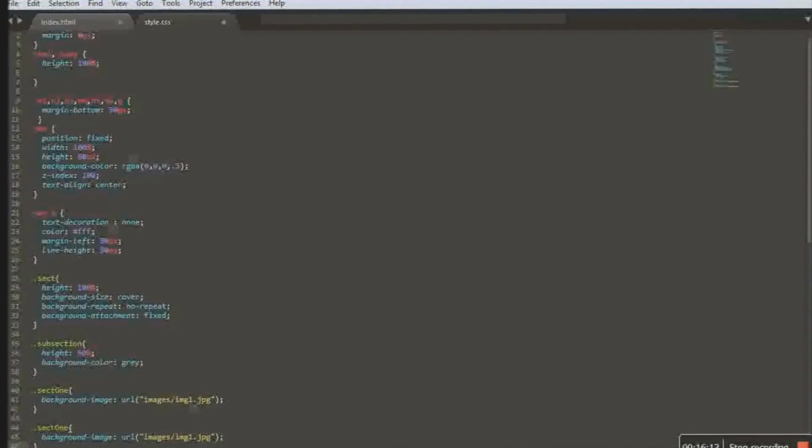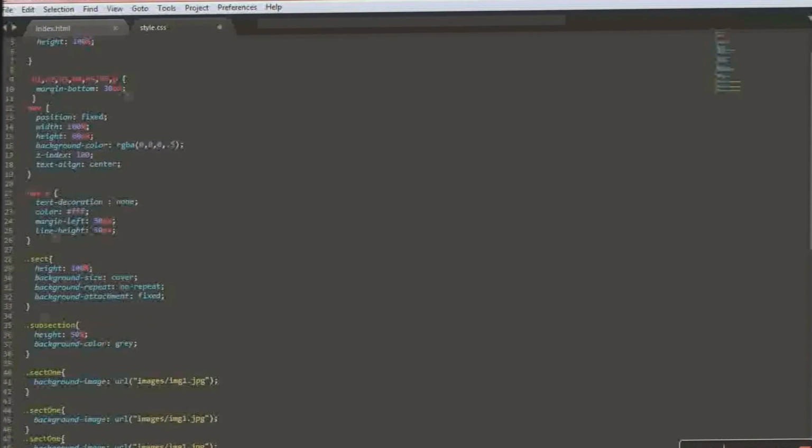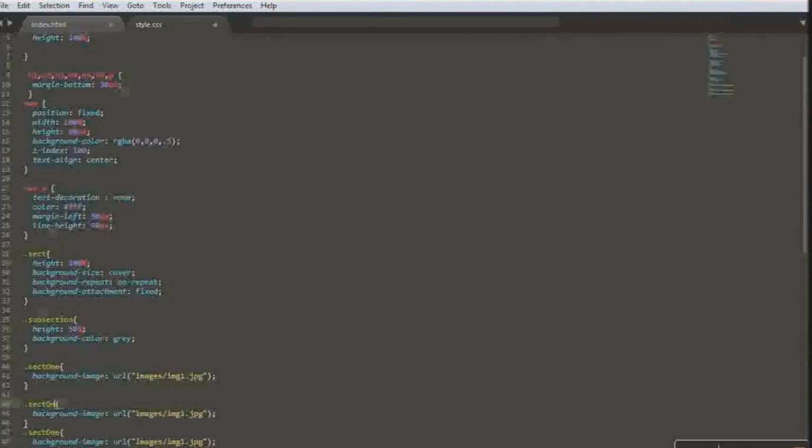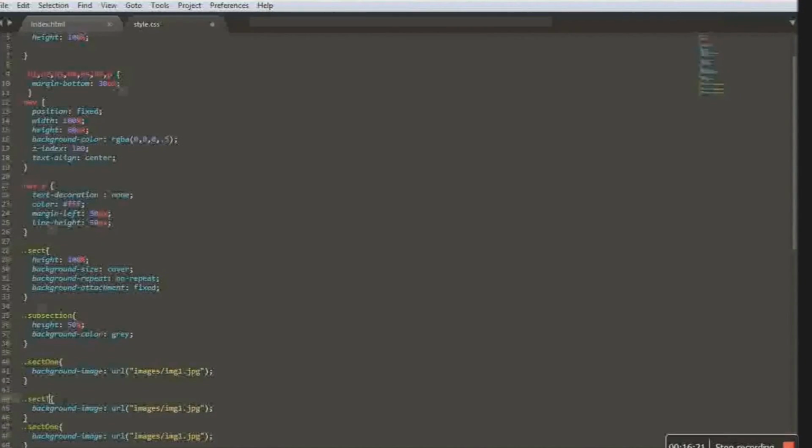And we duplicate and duplicate again. Then this one should be sect 2, and here is img2. Then this one should be sect 3, and here should be img3. Yeah, that's it. That's all.